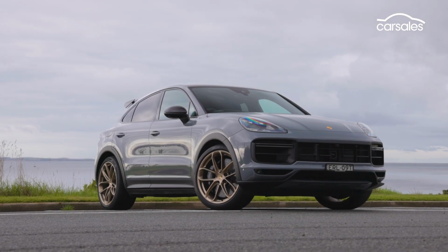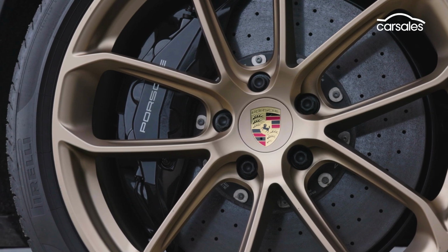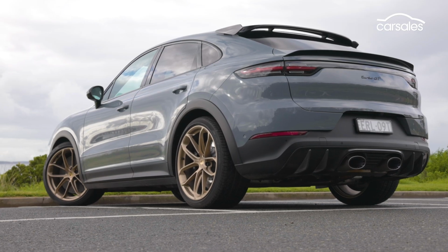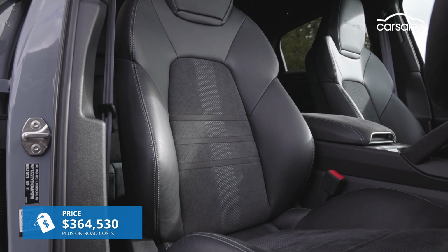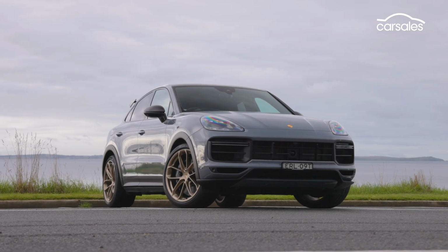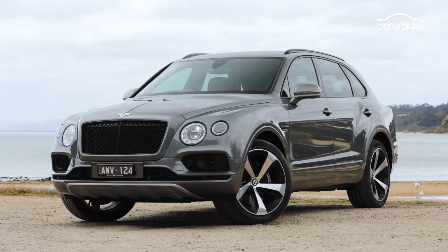The Turbo GT comes only as a coupe. It's the quickest model in the Cayenne lineup and also the most expensive. With $12,000 worth of extras added, our test car costs more than $364,000 plus on-road costs. That puts it in some pretty exclusive company around the Aston Martin DBX, Bentley Bentayga and